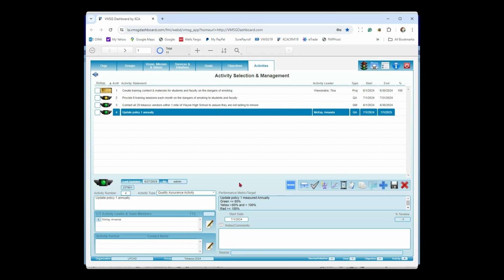When that light turns yellow and the next email comes out for the real-time planning, you're going to get an email specifically for this activity. It's going to take you right back to this activity, and you're going to look at it and say, oh, I've got to update this by the end of the fiscal year. So what you're going to do is go to the document management, download the current policy. You're going to update that policy. You're going to upload the new version of the policy. It'll automatically do version control for you in there. Got the new version in there, you save it, the light turns back to green,